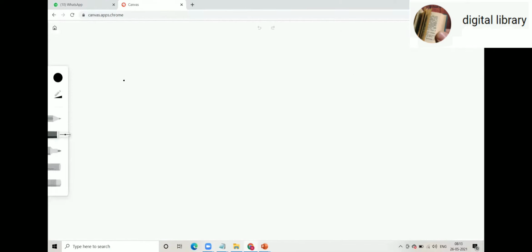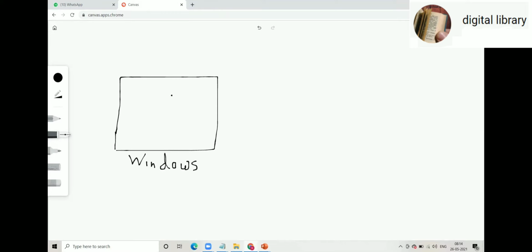So suppose we have one platform operating system, let's say Windows. If we write C or C++ code, after writing it, we need to compile that code.